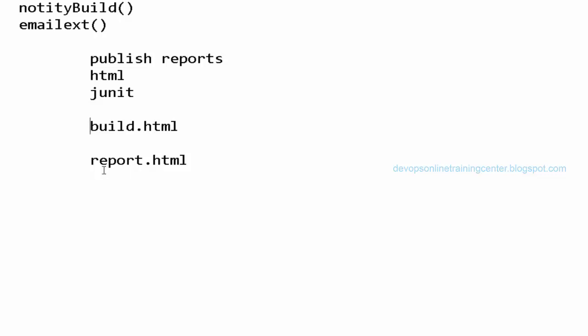Okay, I still don't understand. So the script part will do the job, right? And then it will output like a build report or HTML, right? Even in a Freestyle job, if you have the plugin called publish reports, in publish reports there are options. So JUnit, when it is executed, will automatically generate a report with the number of tests passed, failed, and all. So that report we are using here to publish.